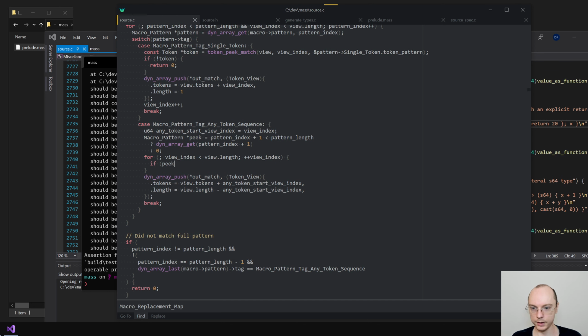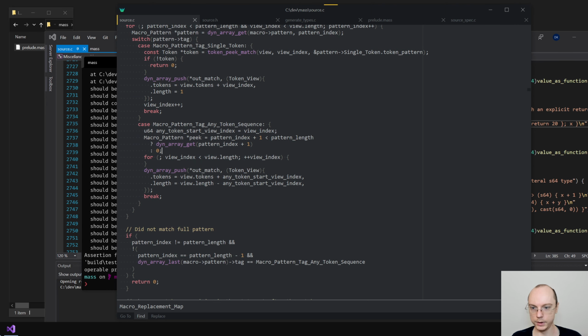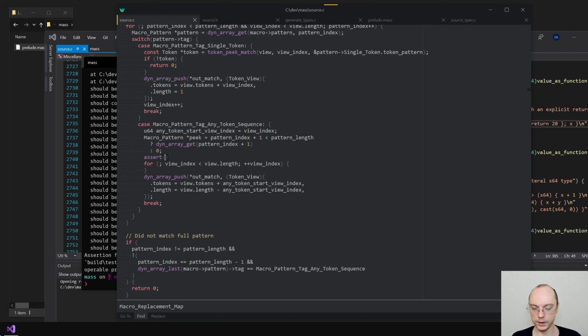Okay, so we say if peak and, so first of all, we need to assert that not peak or peak tag is macro pattern tag single token.